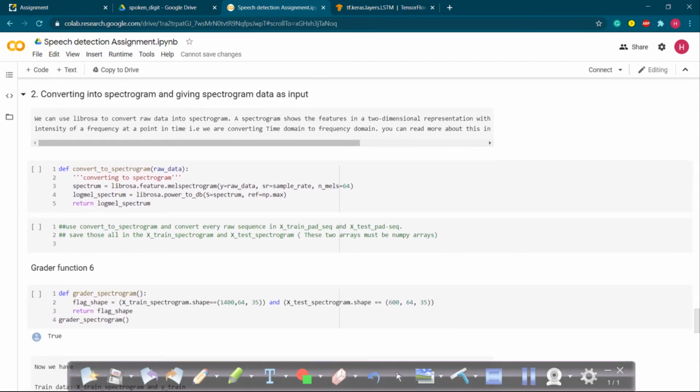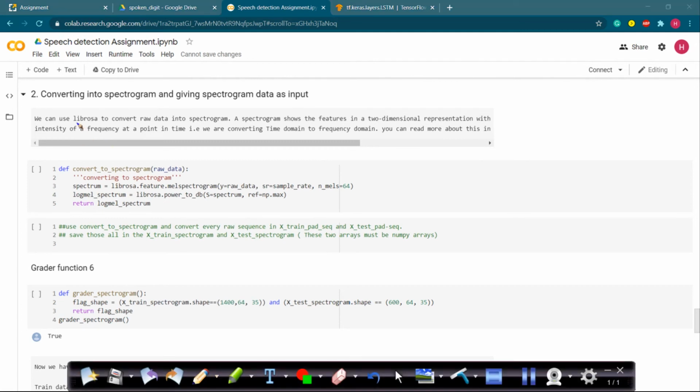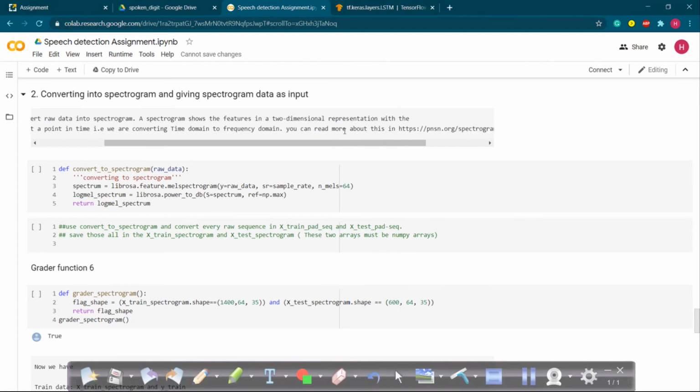After creating your first model, now we have our second model, where you have to convert your audio files to a spectrogram representation and give your spectrogram data as an input to your LSTM model. Here we are again using Librosa in order to convert your raw data into a spectrogram. A spectrogram is basically showing the features in a two-dimensional representation, with the intensity of frequency at a point in time.